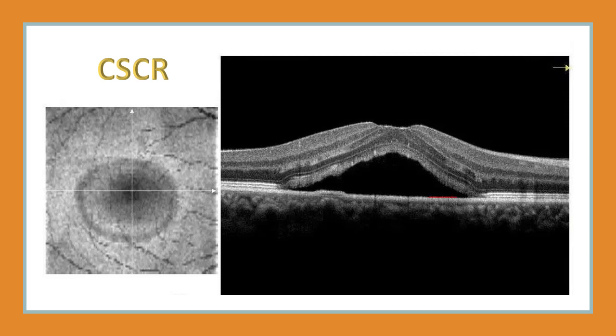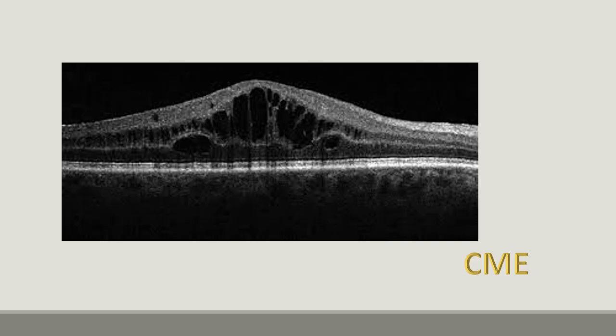We can see here a cystic space, which is a clear space because of the fluid. It appears black, hyporeflective. So we have a clear space, and the elevation of the retina, it indicates the central serous. So now we have this OCT image of macular edema. We can see that the macula is elevated here, and we have these cystic spaces within the retinal layers, and this is an imaging of cystoid macular edema. Okay, these were a few images of macular OCT.